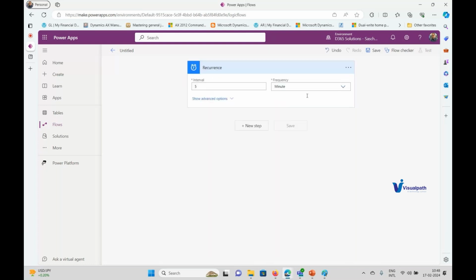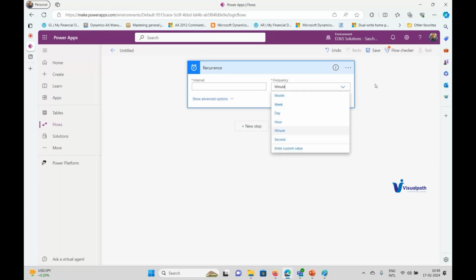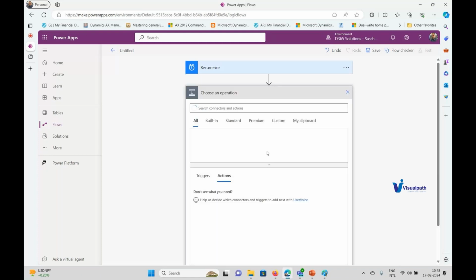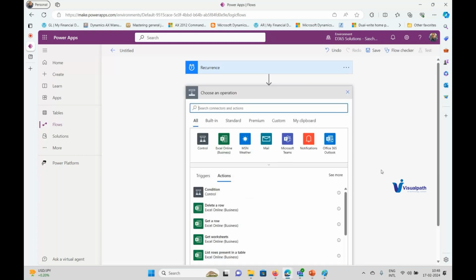So every day at, I'm just saying the time zone. When I say recurrence, it is nothing but setting up when this flow should run, right?